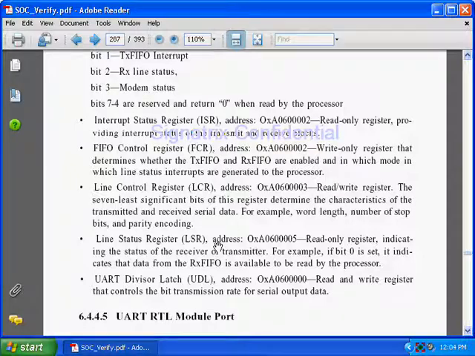Next is the UART divisor register. This is used by the baud